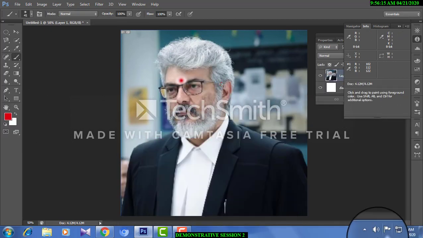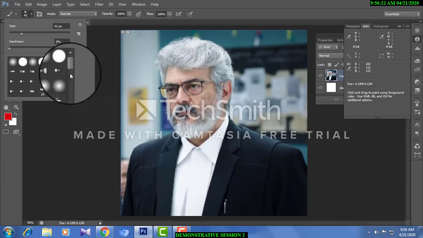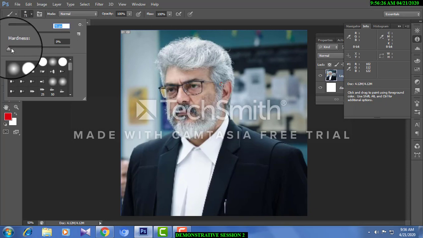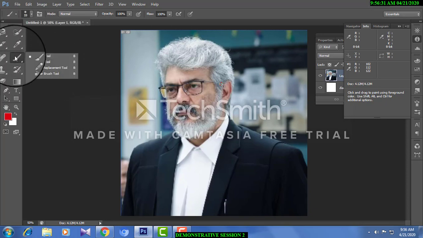Brush tool can be used for anything, and you've got a huge number of brush tools available here, and you can increase the size, and the hardness of the brush can be increased. We will see the brush tool a little later separately.